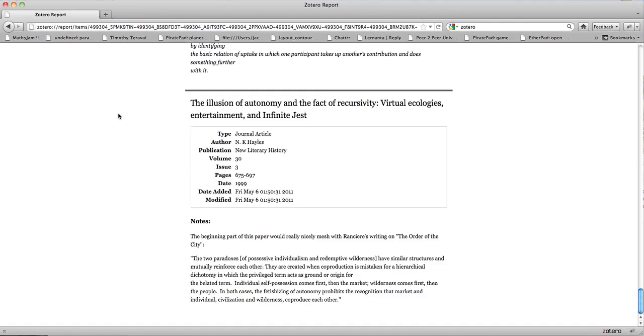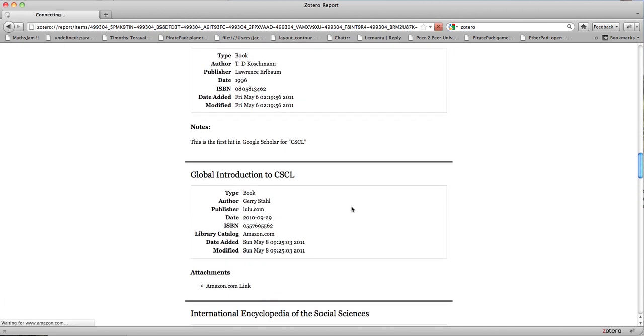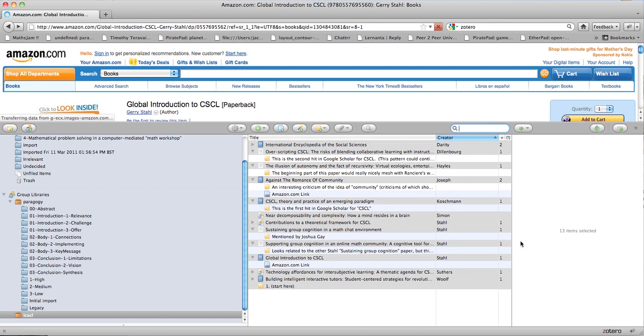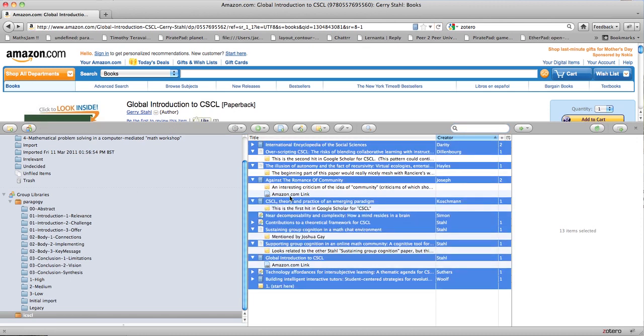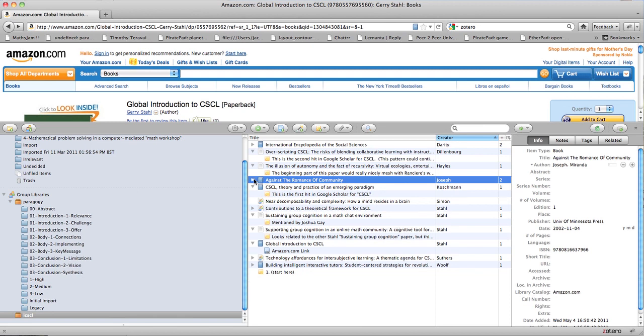So anyway, that's a quick guide to how you would use it in some respect. But another very useful thing is to get the references out of the